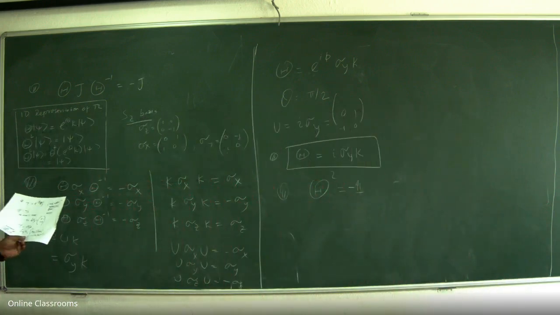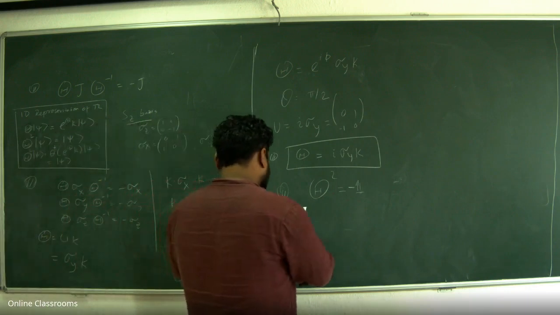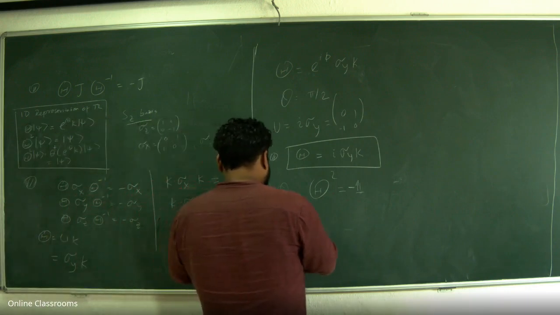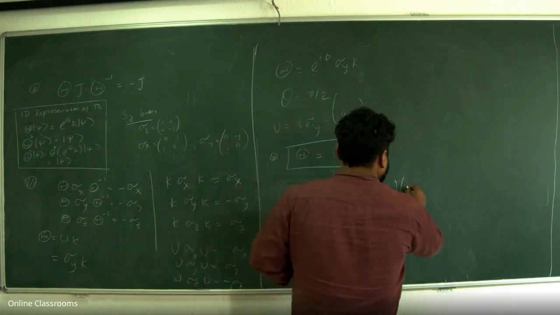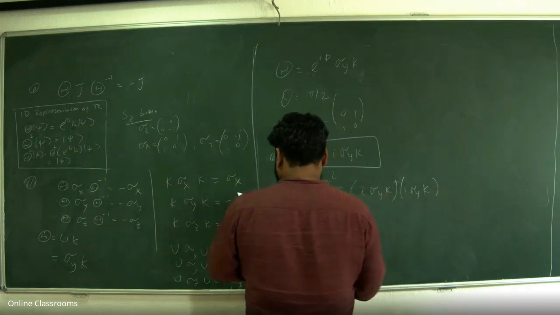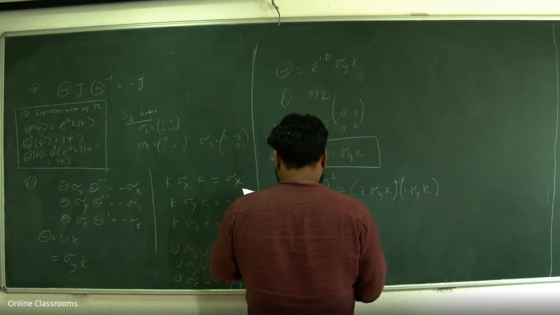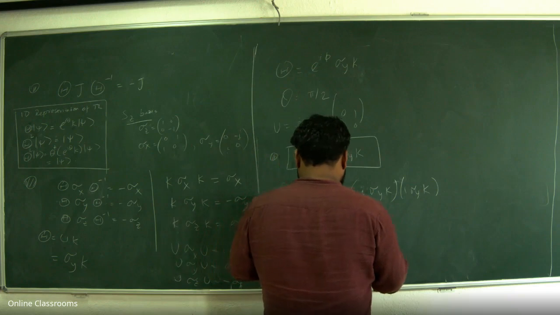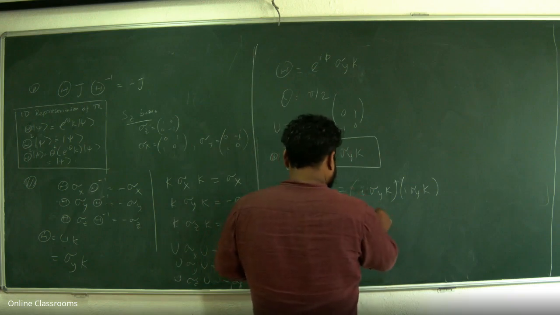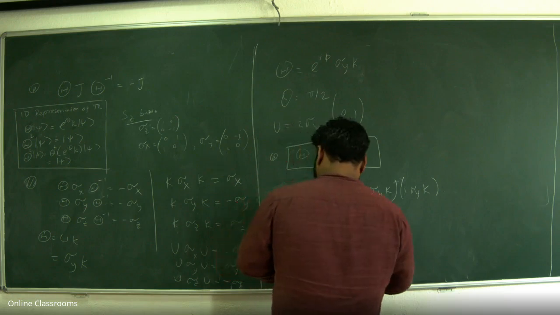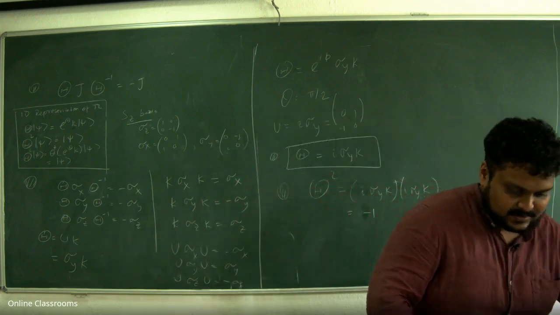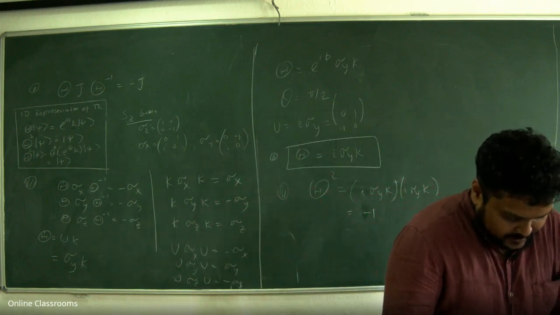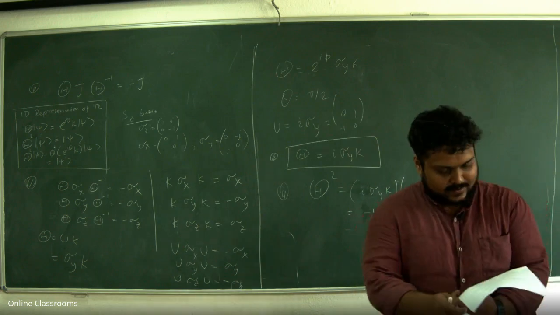So you can just write it as, this is basically i sigma y K, i sigma y K, this is theta square, and this is just minus 1. So it's a projective representation up to a sign. So this is the problem of spin half. Now this is a general